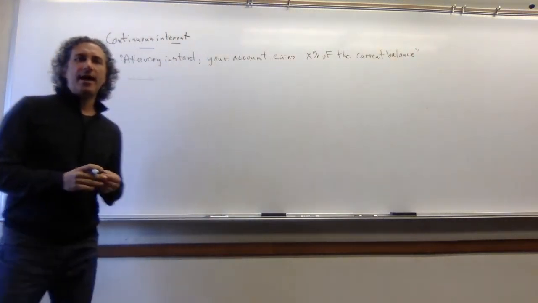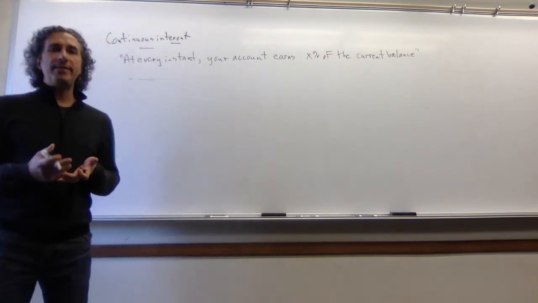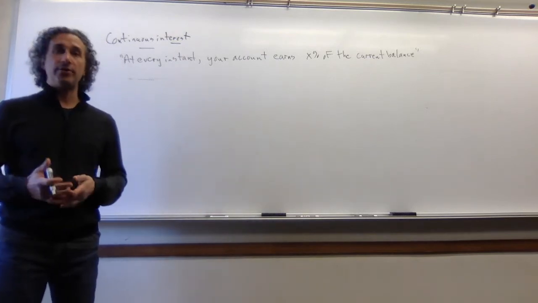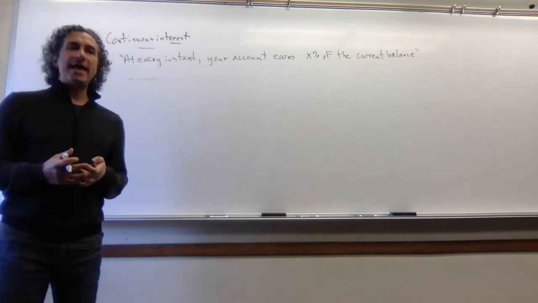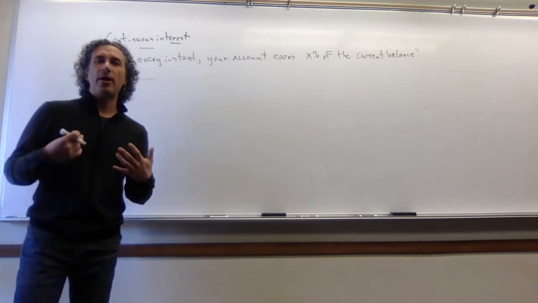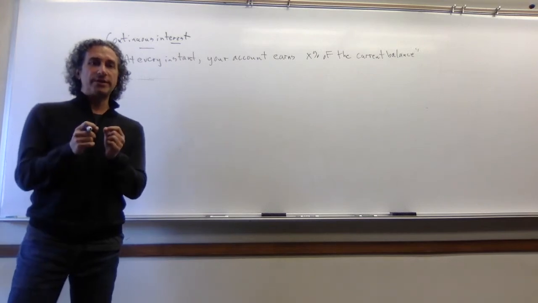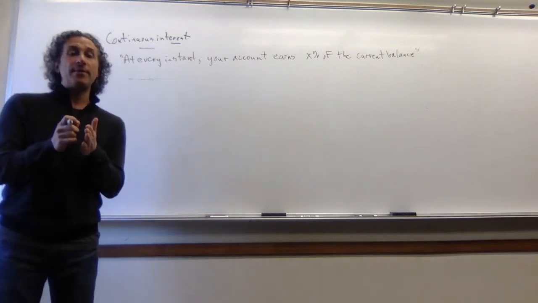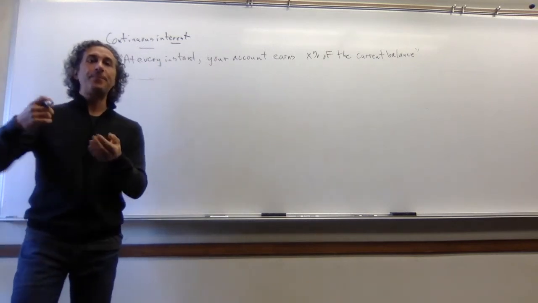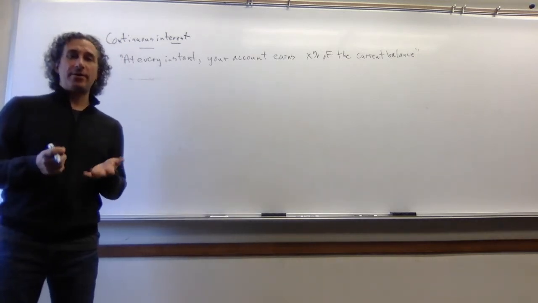Now, this is something that I'm sure you've studied in pre-calc, but just as a quick review, you can earn interest quarterly if you put money in the bank. You can earn interest monthly. You can earn interest daily. And what's happening is when you break the year into a larger number of subintervals, you're taking the amount of interest that you earn per subinterval and you're dividing it by the number of subintervals. So you're earning less interest, but you're then compounding it more times per year. So that's actually better for you to do than compound it once.